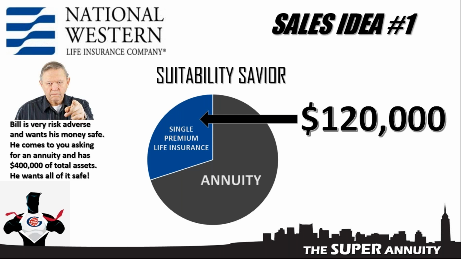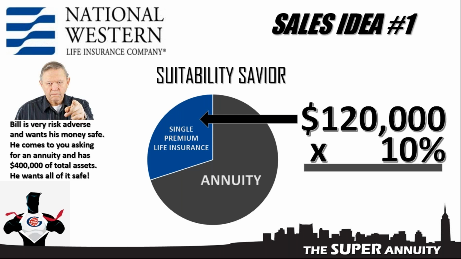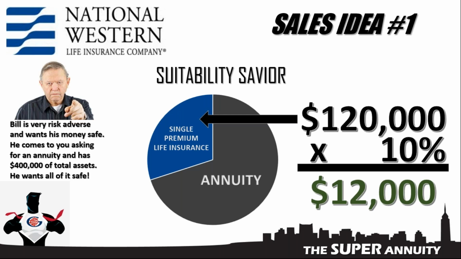But let me throw a caveat out there right now. You've got to understand that qualified dollars cannot be put into life insurance. So what you would want to do, when you're working with a client and they have both qualified and non-qualified dollars, is put the qualified in the annuity and save the non-qualified dollars for the life insurance. So is it worth pulling this out of your pocket? Well, at that 10% commission, that's $12 grand, guys,